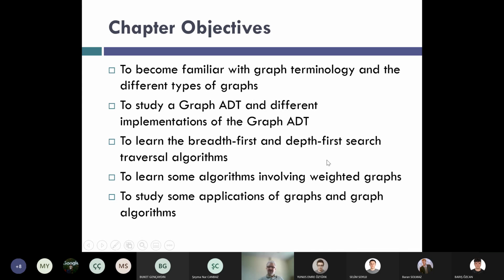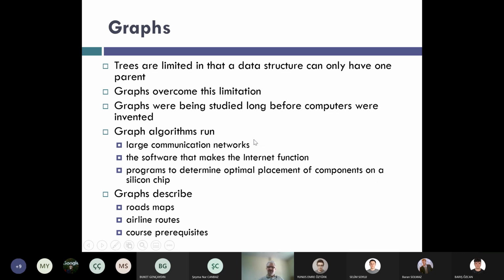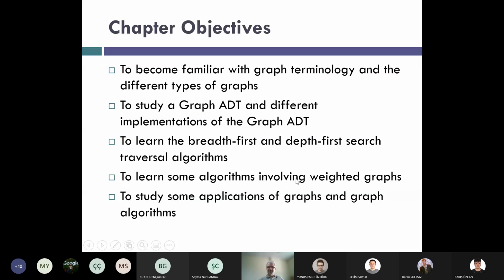And then we are going to define the graph as an abstract data type. We are going to talk about the implementation of this graph abstract data type, and then several algorithms. First of all, traversal algorithms, then